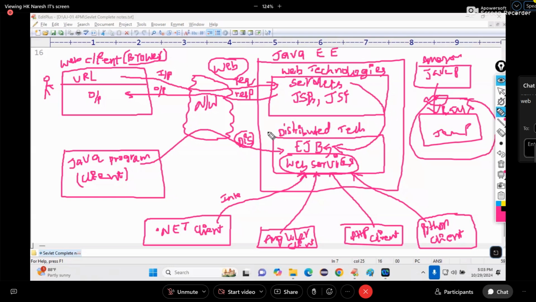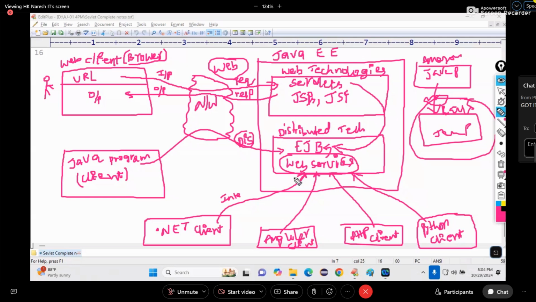Got a little idea? Simple. Five minutes, 5%. Even if you understand 5%, so much you understood. Okay? Write down. Don't write this diagram. I'll tell you one point. So what are the statements available? Java EE is meant for developing what and what? Web, enterprise, distributed, interoperable applications. What type of enterprise application? Distributed, interoperable. Distributed means accessible via a Java client program. Interoperable means accessible via a different language client application.